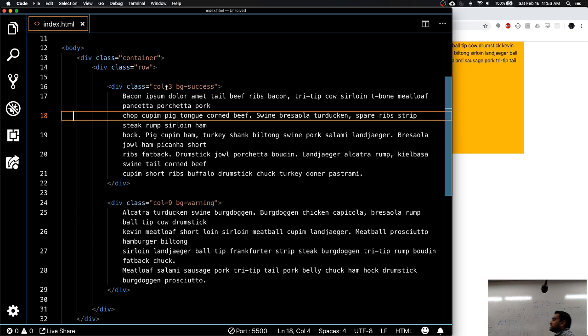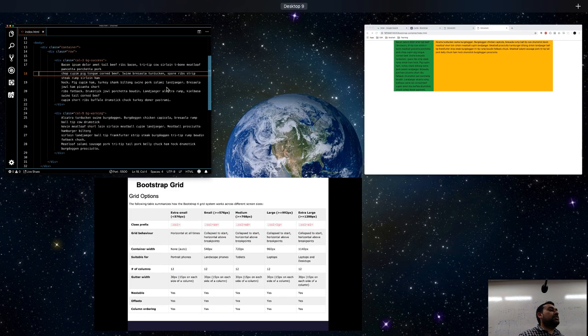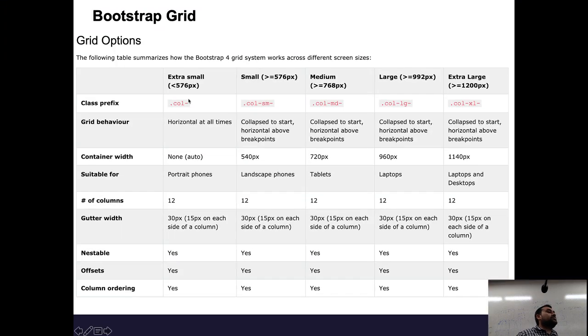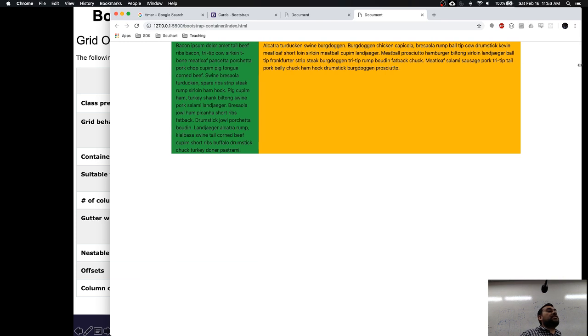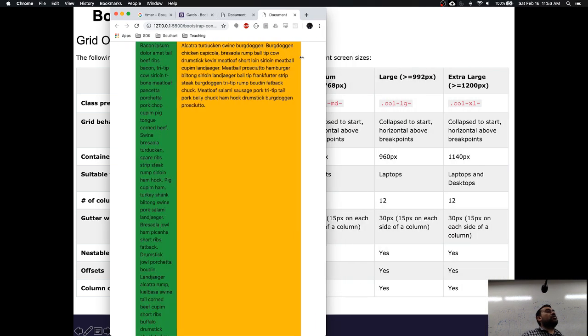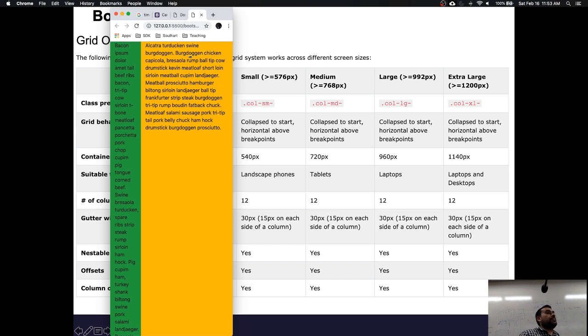Now the word xs that you saw, I used it, was used prior to Bootstrap 4. They have taken out that keyword. That's why I remembered. By default, they're saying if you don't specify anything, it's going to consider extra small screens. So looking at this table, what I am saying is, if I specify nothing, I don't care what the screen size is, just keep it horizontal. Like both are, it will never stack up, right? There might be a use case you want that.